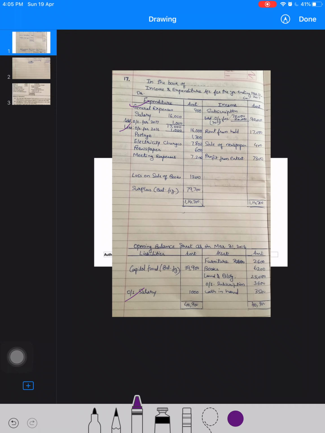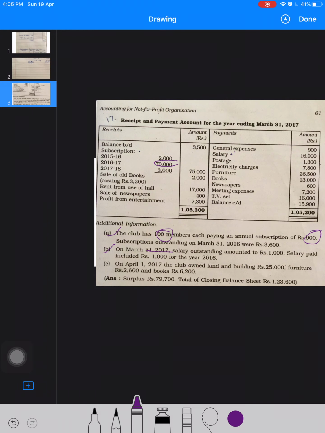So you have posted both now. Wherever adjustments are there, adjustment always comes on two places, so you should know which are those two places. Now both the adjustments we have passed on both the places. So this is done. Now next postage, there is no adjustment, so write it on the expenditure side as it is. Electricity charges, no adjustment, write on the expenditure side. Furniture is our capital nature amount, so it is in our assets. This year we have purchased furniture for rupees 26,500.